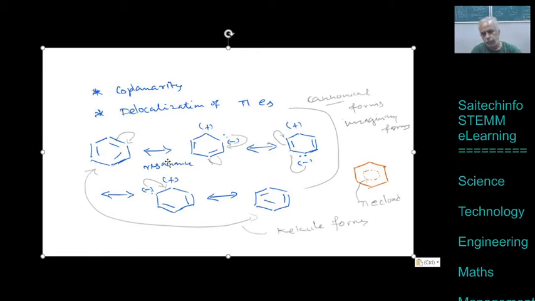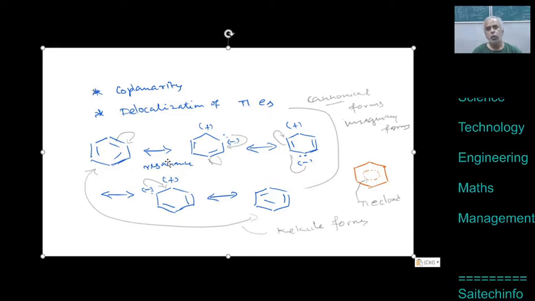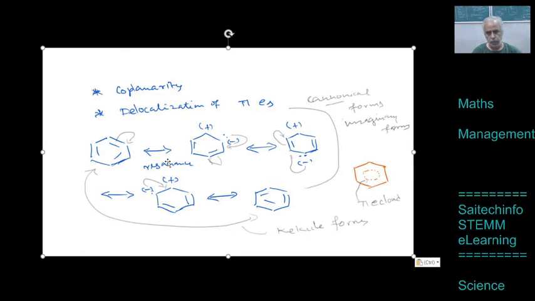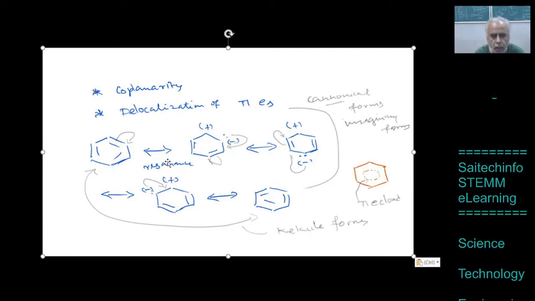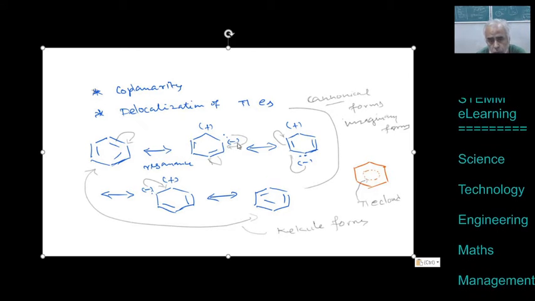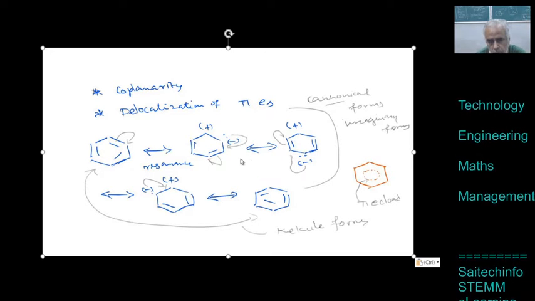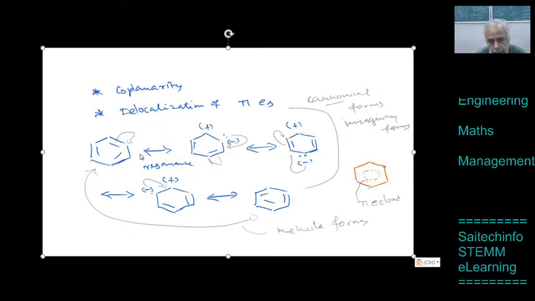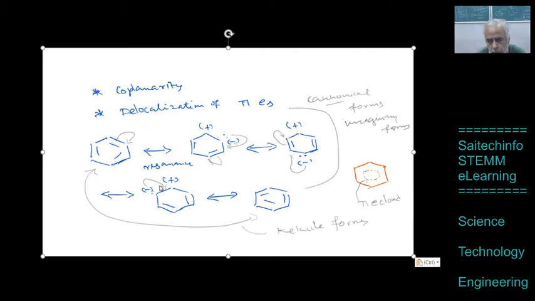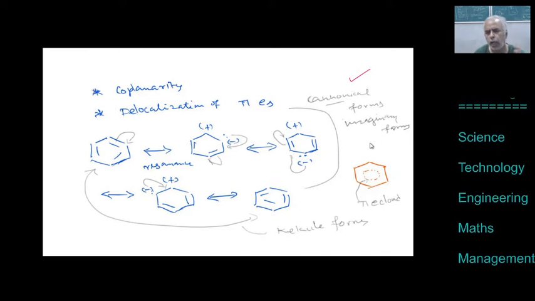The third condition for a compound to be aromatic is it should undergo delocalization of pi electrons so that maximum stability can be achieved. I think I already explained this delocalization. You should be aware of how to transfer the pi electrons. So this is known as pi electron transfer. One by one it is getting transferred. And all these participating structures are called canonical forms, and these are all hypothetical forms.